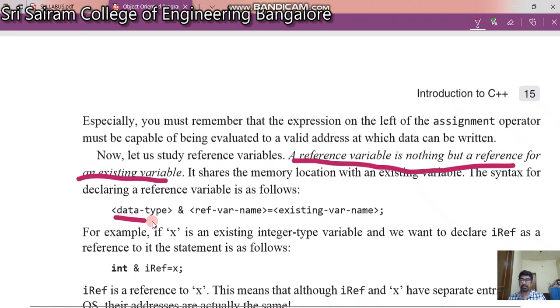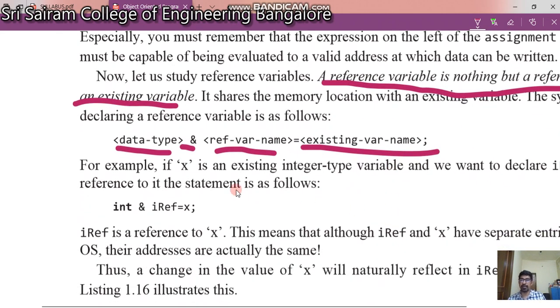You have to write the data type, then the ampersand, the reference variable name, and the existing variable name. Don't get confused. The data type can be of any type, integer, character, float, anything. And this ampersand sign you have to give as it is, then the reference variable name, and your original variable,